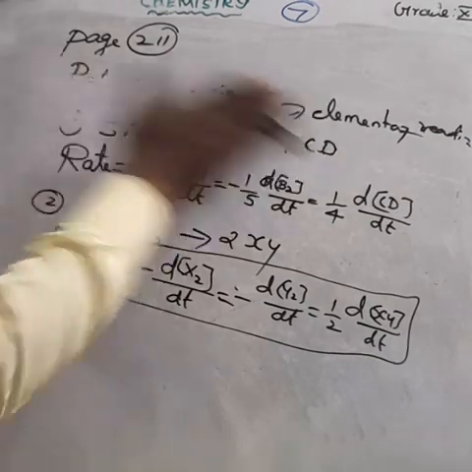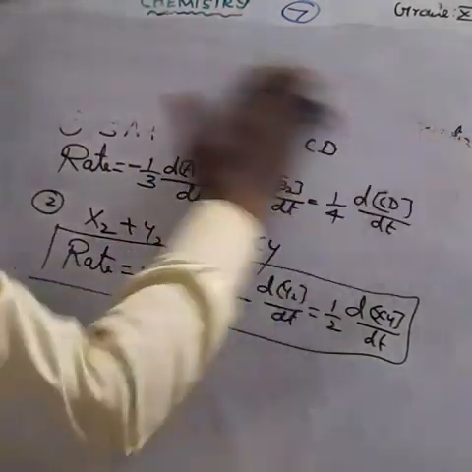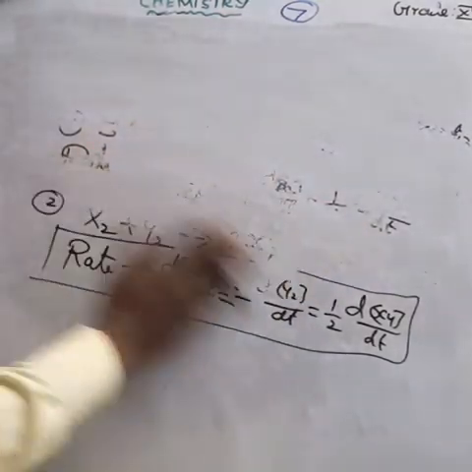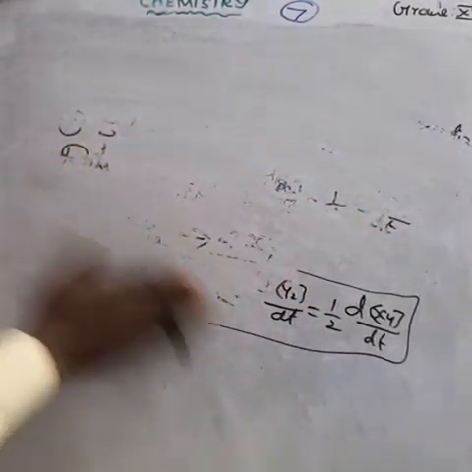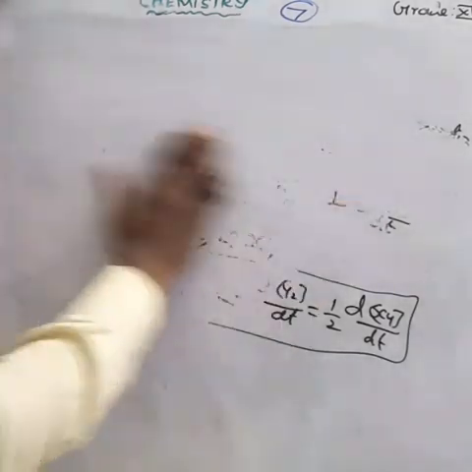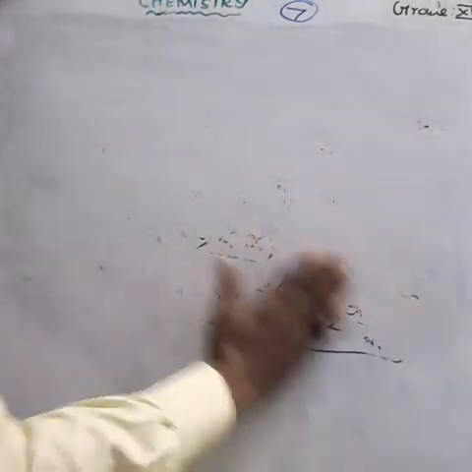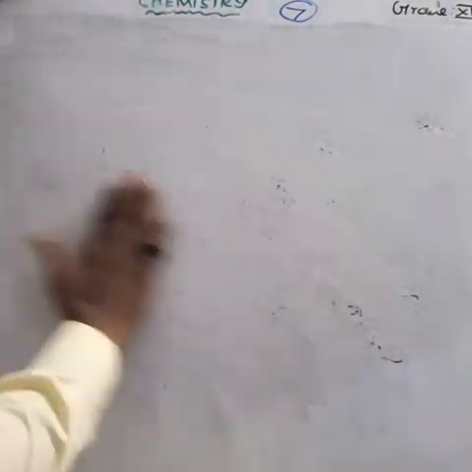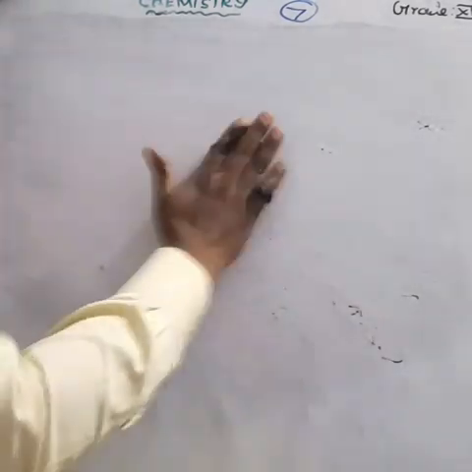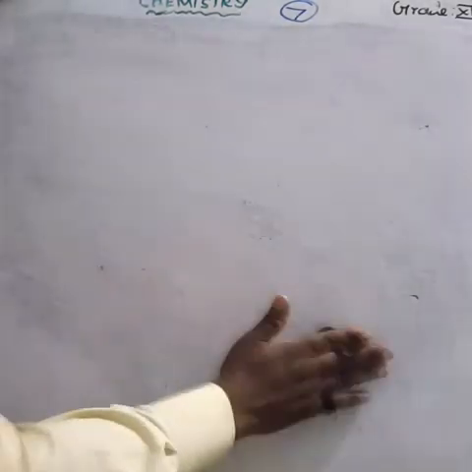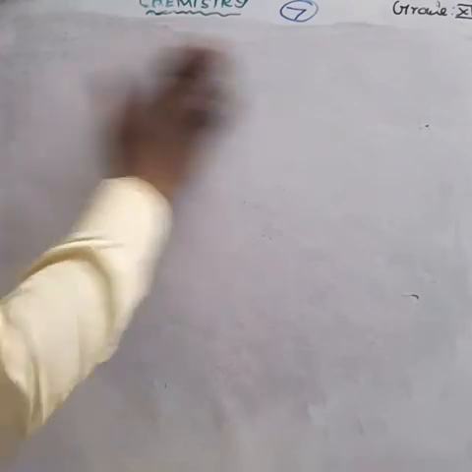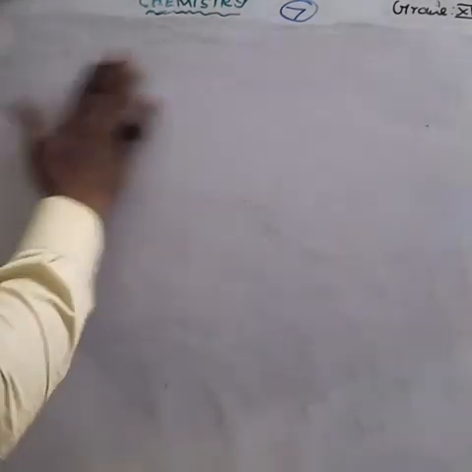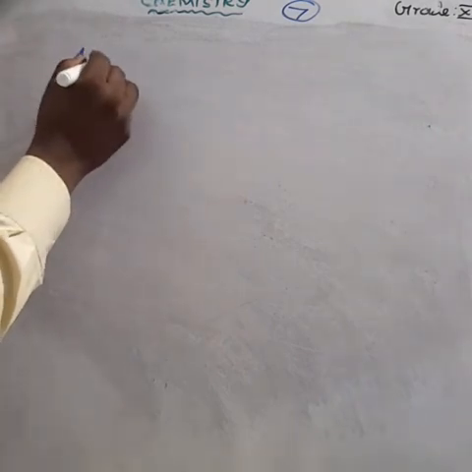Okay, my dear children, today we discuss one of the very important questions, the integrated rate law for a first order reaction. It is a very important question. And writing the examples of first order reactions is a very important question. And one more question, differences between order and molecularity of the reactions. Those are the three very important questions. So I am giving the assignment. Today's assignment, page number 212.